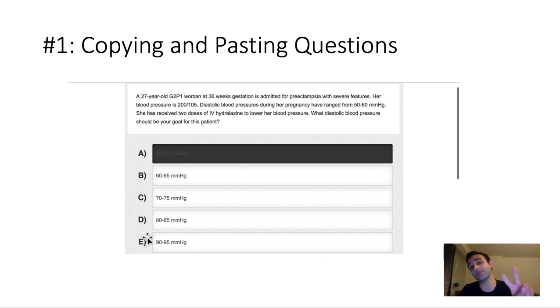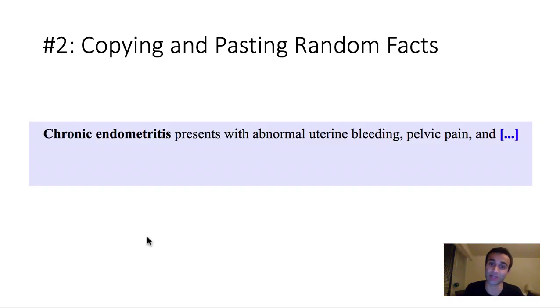All right, the second big mistake that students make when making flashcards is they copy and paste random facts. And this is actually present in Anki. It's present in a lot of the pre-made decks where there's just a random sentence and they blank out one word and they expect you to fill it in. This is not a good way to study because what you'll end up doing is you'll just memorize this word. You won't really memorize the underlying basis behind what exactly that fill-in word is, and you won't actually even know, like come test time, what's the benefit of this?